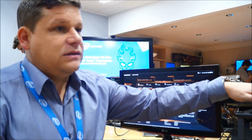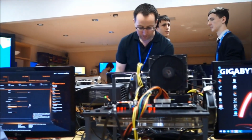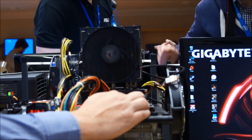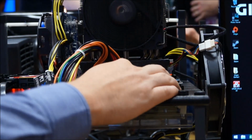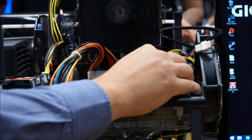And what they've also done is added the extra heat sinks and things, and here on top of the board what you can see is we've actually added all the overclocking features as well. So not only is this board designed for gaming, it's designed with overclocking in mind as well, because you know that gamers are going to want to maximise the frames per second that they can actually get out of the system. So here's the voltage regulation modules, and then there's the CMOS BIOS reset switches here,